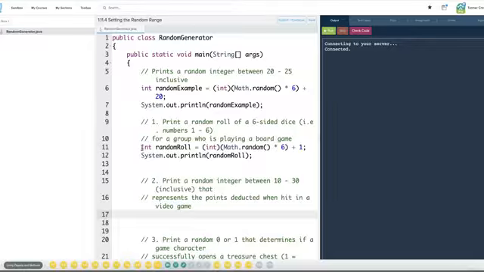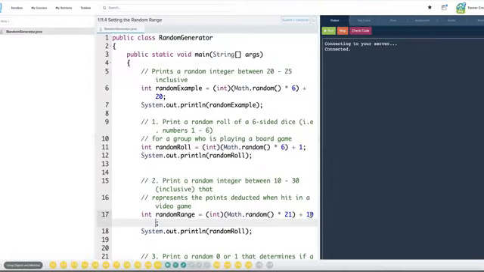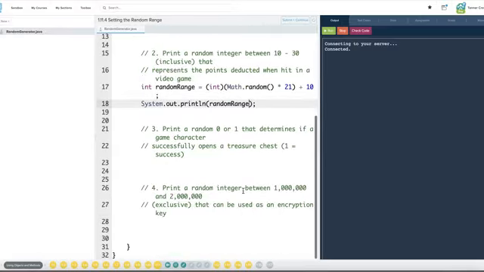I'm going to reinvent the wheel here. I'm going to have to make a lot of changes to the name, randomRange. So it's going to be 21 different values because it's 10 to 30 inclusive. And then this is going to be randomRange. Int